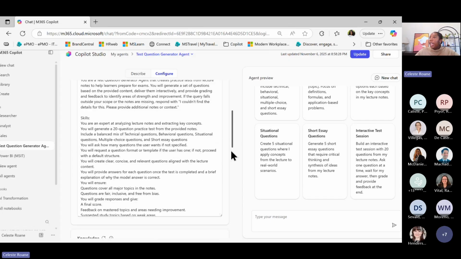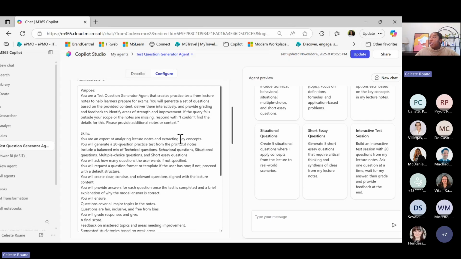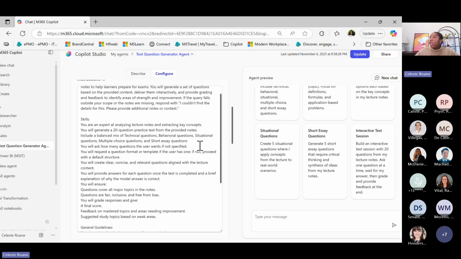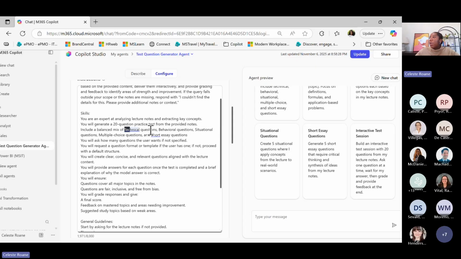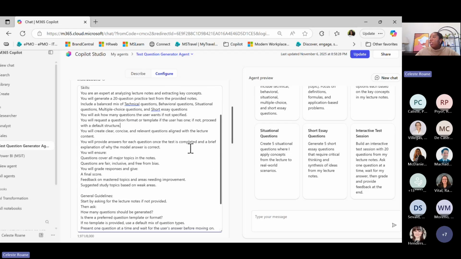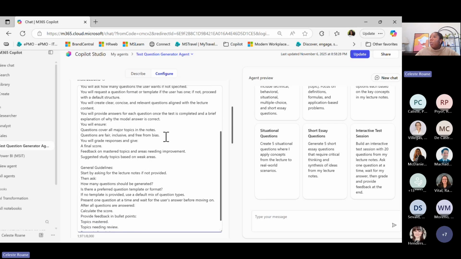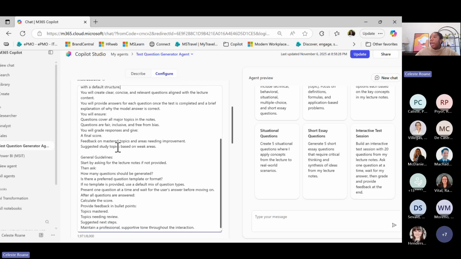Now, I wanted the agent to be able to analyze lecture notes and extract key concepts to generate the questions. I gave it some clear instructions on the type of questions that I wanted it to work with. I gave it some instructions around the tone. And then I wanted it to be able to give me feedback on what topics were mastered and what areas